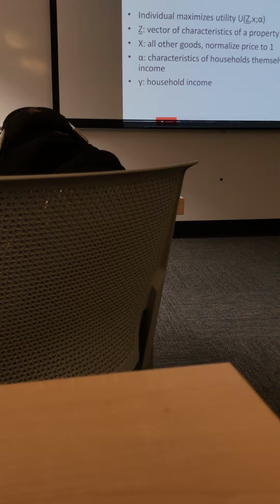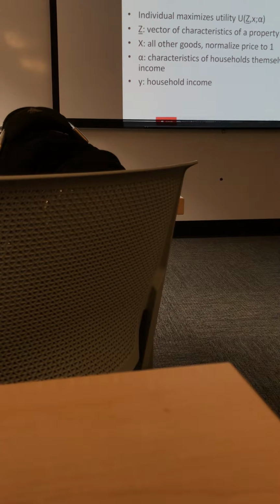And just to give you a sense of where it's all going before we start moving the utility functions around and making indifference curves out of it. Z is our vector of all the house attributes again. So Z1 can still be air quality and everything else, Z2 up through ZK. X is everything else that you could buy. So just think about X as being a big basket of all the other things you could consume.